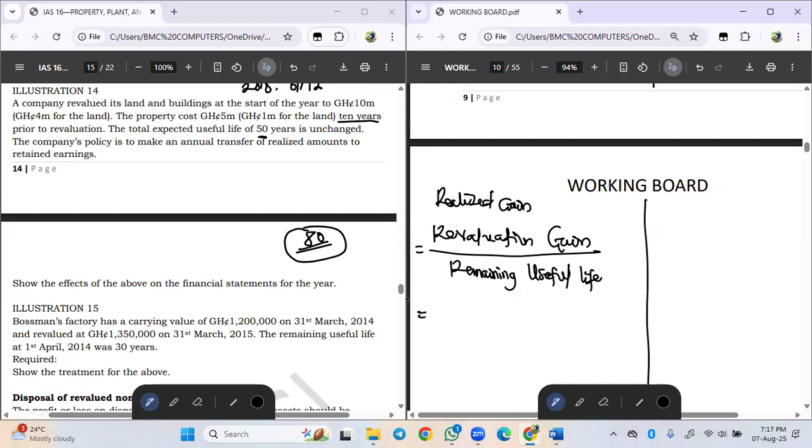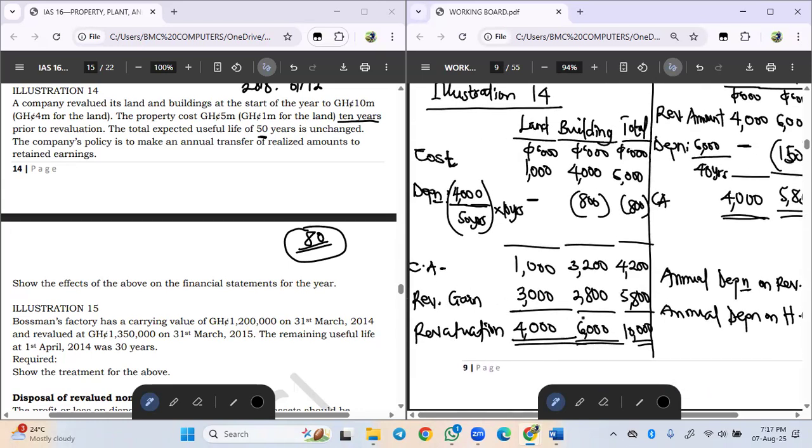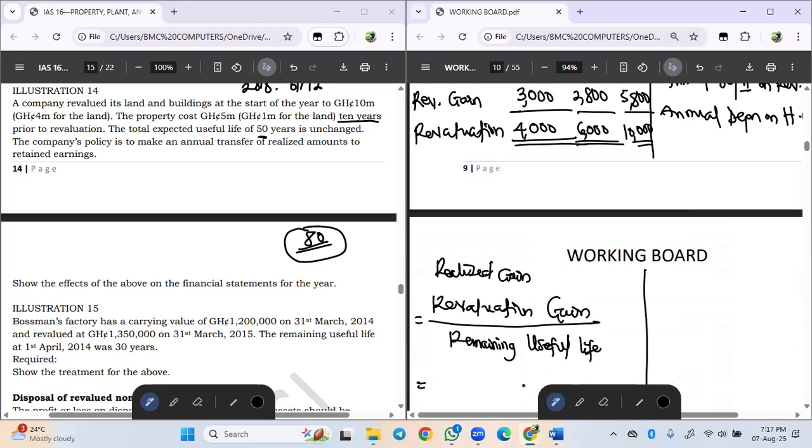The revaluation gain for the building is 2,800. One will ask, why are we choosing only the revaluation gain for the building? Because that is the asset that we depreciate. Land we did not depreciate, so you cannot take the revaluation gain of land too. So you only take the revaluation gain of the building, 2,800,